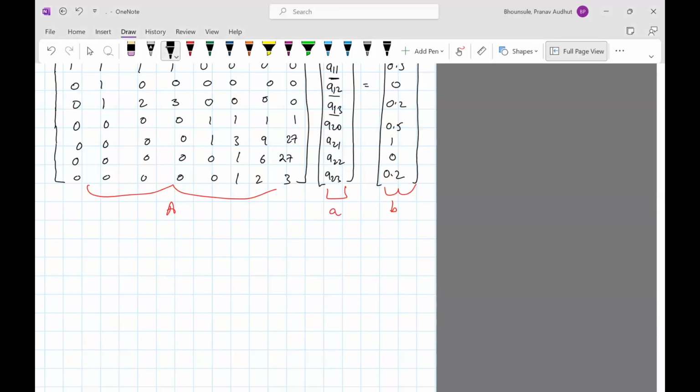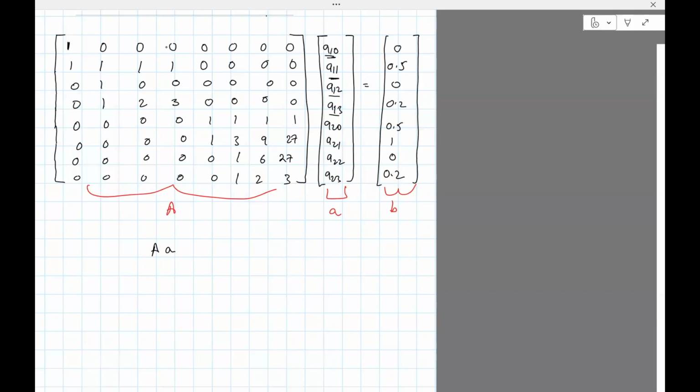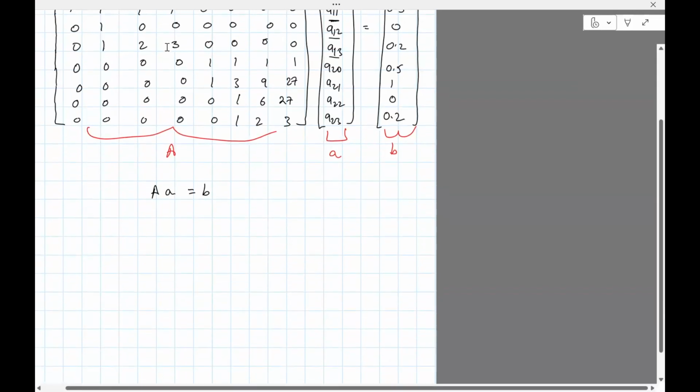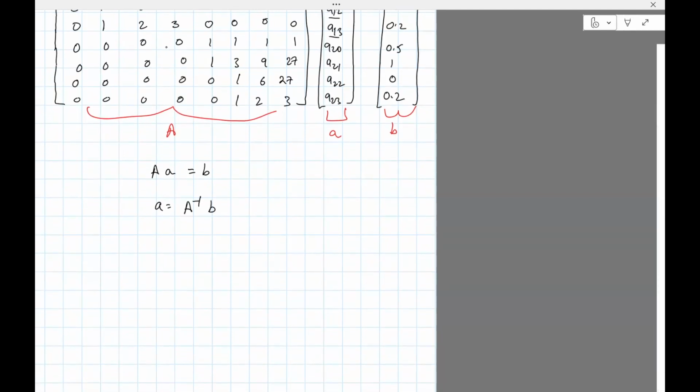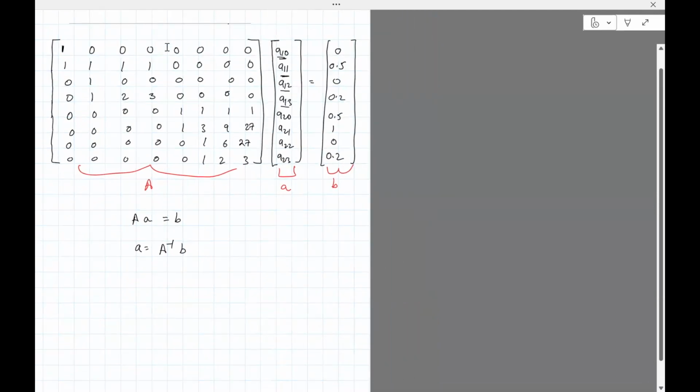So we have A times small a equals B. So small a equals the inverse of A times B. It's clearly an 8 by 8 matrix, so you don't want to do this by hand. Although this particular matrix may not be that hard to invert because there are lots of zeros in it. But I used Python,